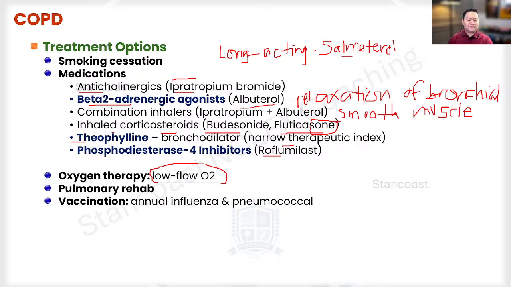Now, talking about the vaccination here, we are touching on the annual influenza vaccination and the pneumococcal vaccines that are highly recommended for all COPD patients to prevent respiratory infections. And then there's also a possibility of antibiotic therapy if their COPD exacerbation is accompanied by some infection, wherein they're going to end up with increasing sputum production, or let's say they have some worsening in their shortness of breath. Again, infection that is accompanying the COPD exacerbation.